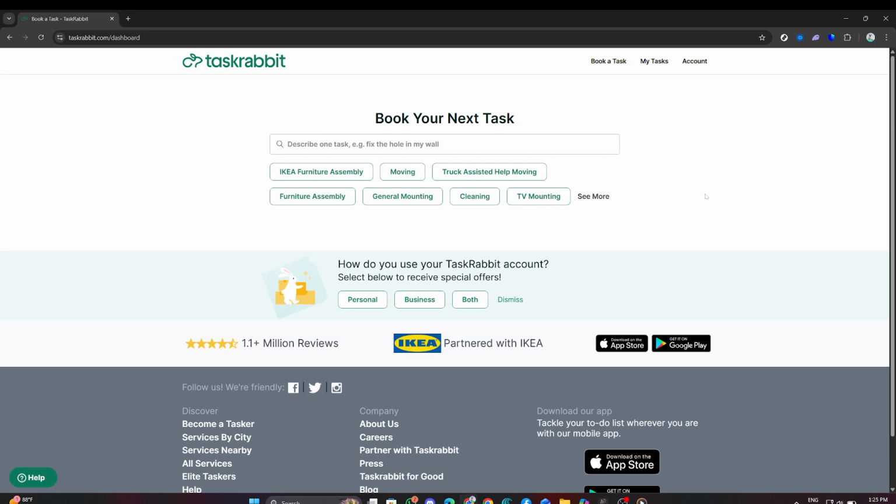Begin by navigating to the Taskrabbit website. In the address bar of your web browser, type in taskrabbit.com and press enter. Once the home page loads, look for the dashboard option. You can find it typically at the top of the page, and clicking it will redirect you to your personal